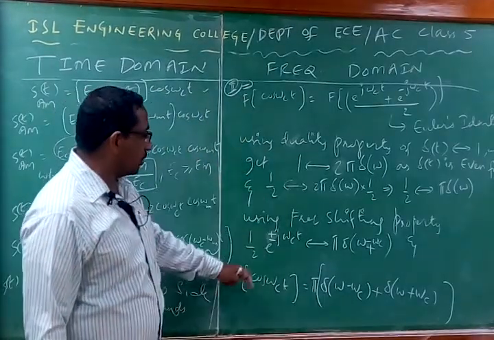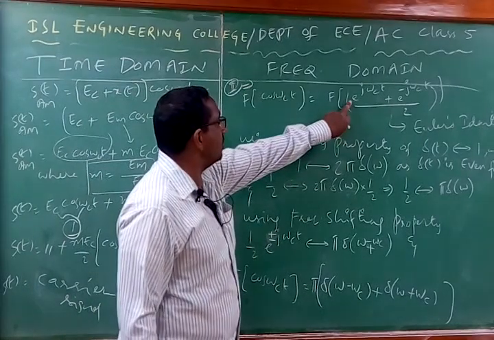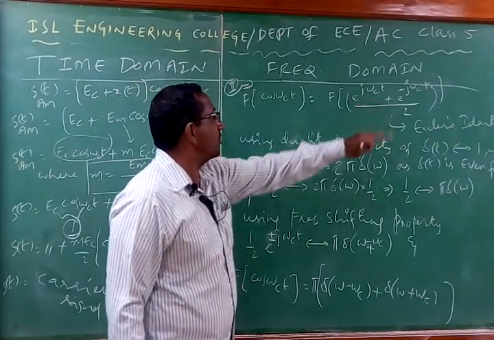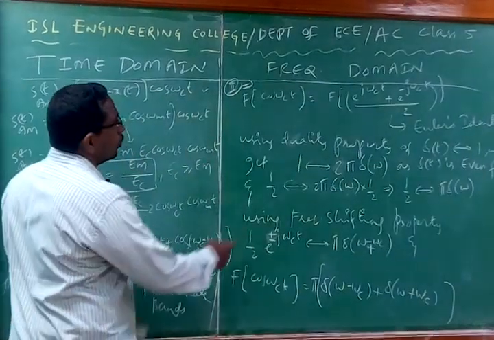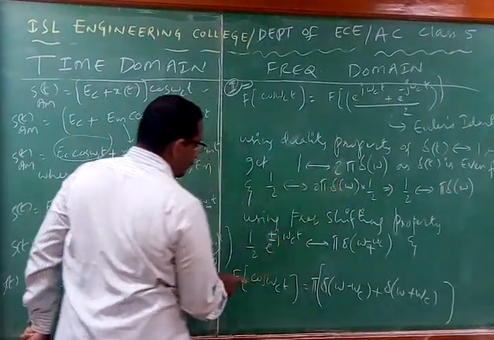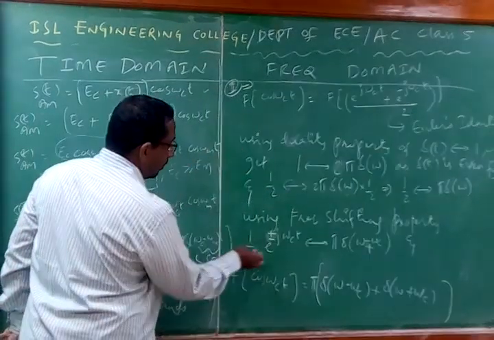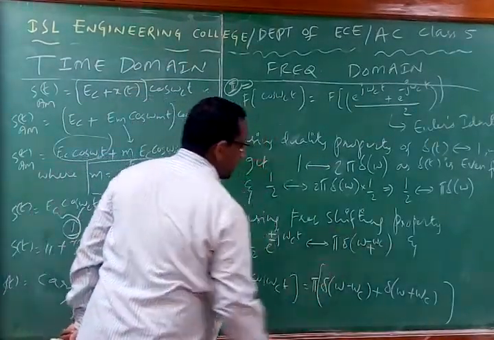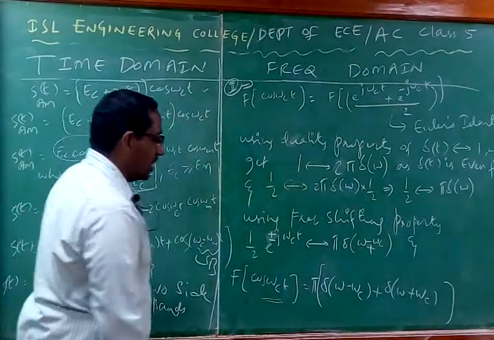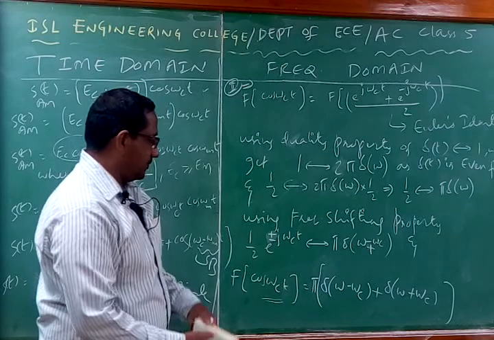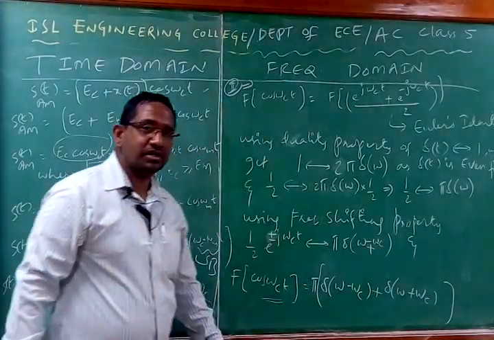Now by using that notation, I can write this as e power j omega ct into e power minus. Now what about the 1 by 2? It is going to be 1 by 2 times the Fourier transform of 1 by 2 into e power this one, which we have already computed. So finally, the Fourier transform of the cos signal we can write as pi of delta of omega minus omega c plus delta of omega plus omega c.